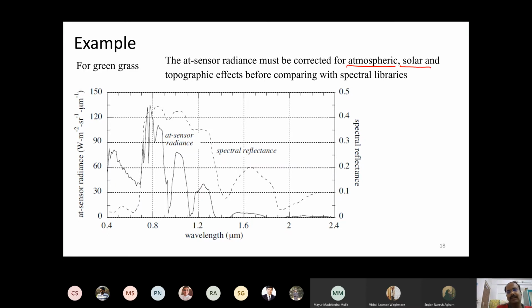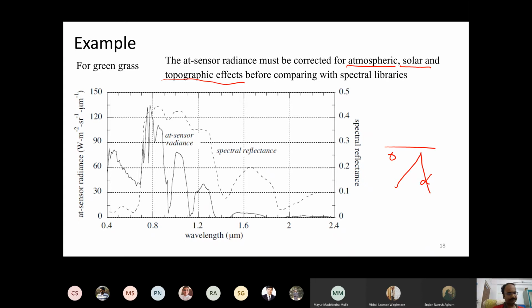like variation in solar view angle, azimuth angle, and seasons. With respect to season, the incoming energy will change. That also plays a major role. And topographic effects: whether the surface is horizontal, or like a mountain, it all plays a role. If it is a mountain and the sun is here, this portion will receive a lot of energy, whereas this portion will not receive energy, it will be in shadow. So that will affect how the reflection occurs.